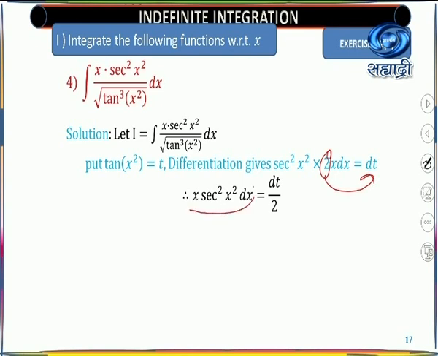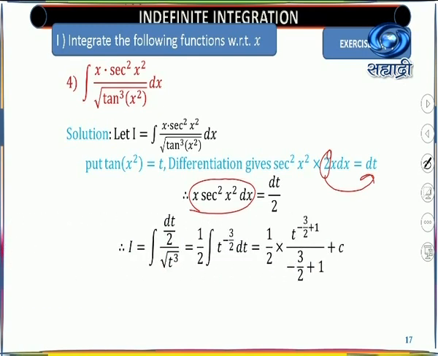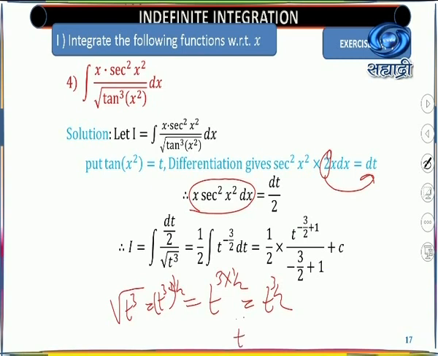So you will get, this is already with you. We need to substitute that. So you will get this as the integral of t by 2 cube square root of t cube. Square root of t cube is nothing but t cube raised to half. The indices law says you have to take a product, so that is 3 into half, which gives you t raised to 3 by 2. But that is in the denominator. If it goes to the numerator, it becomes a negative power, that is minus 3 by 2.